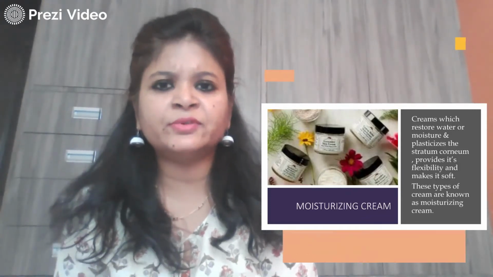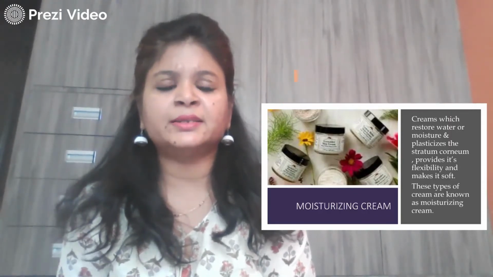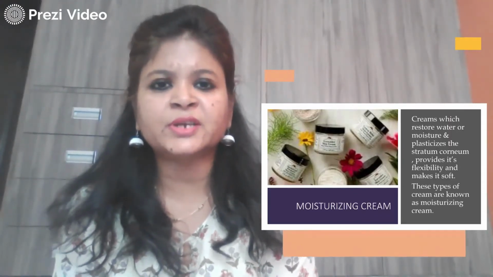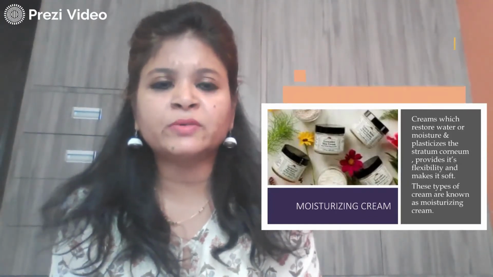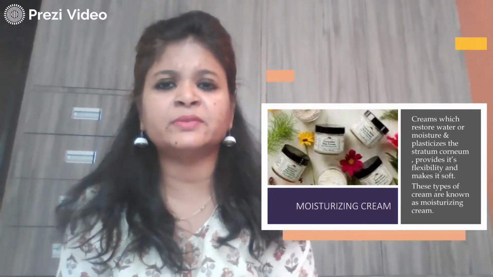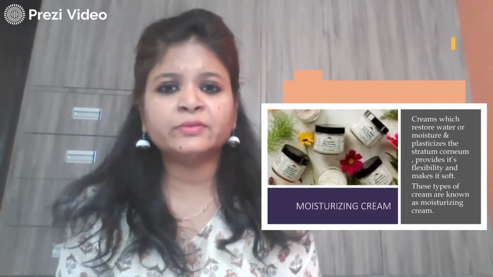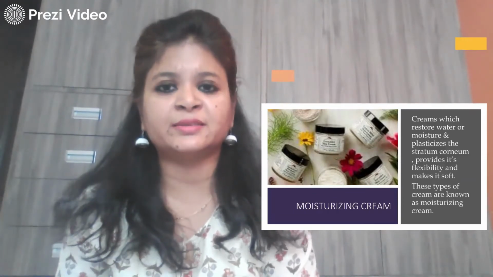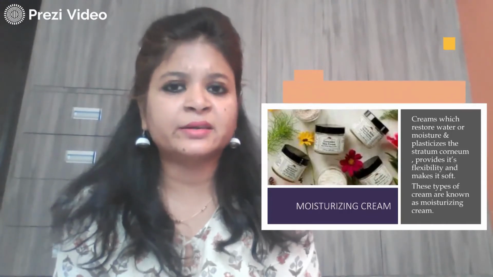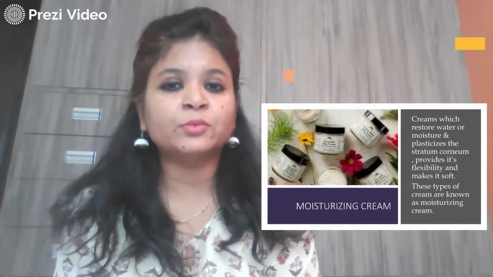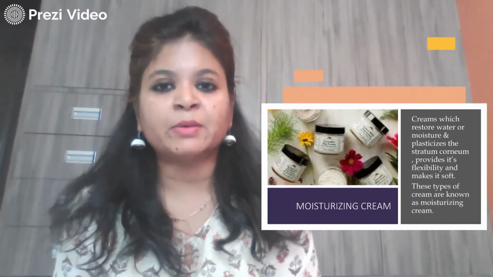Sometimes you must have seen that few people have very dry skin, either due to their profession or because they are more exposed to the sun, so that the evaporation from the top layer is more and they are not getting so much hydration from the lower layer. If the top layer of the skin becomes more dehydrated, the hydration level can be increased by the use of these moisturizing creams. These moisturizing creams have humectants. They have more oily constituents, so that the hydration level is increased, and moreover it also prevents further evaporation from the skin.